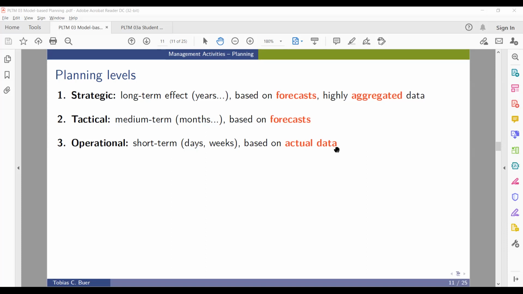So if we go back to the restaurant level, not all the operational decisions are made on actual data. Of course, when I want to plan for the things that are happening this evening about the resources I need, I have also a lot of operational decisions, very short term for some hours, but not every decision is based on actual data. I have a small forecast for a very short period of time on which I make some decisions, and I still call it an operational decision.